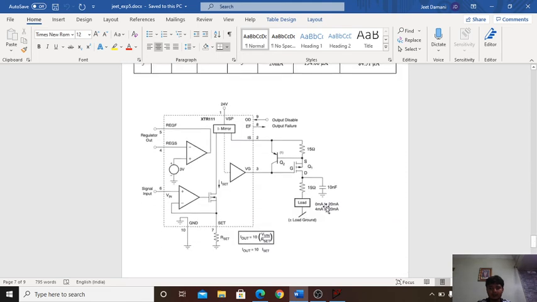Now we'll see the functional block diagram of XTR111. So it is a precision voltage to current converter. This RZ resistor is used to set the ratio of the input voltage to the output current, and it provides the output current of 0 milliamps to 20 milliamps, or 4 milliamps to 20 milliamps.